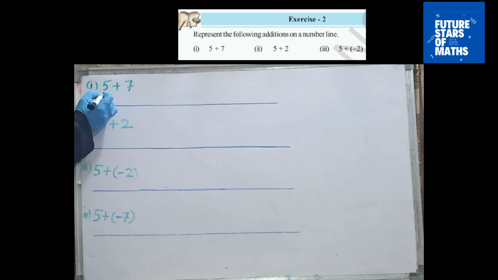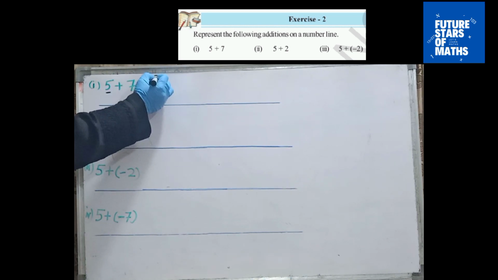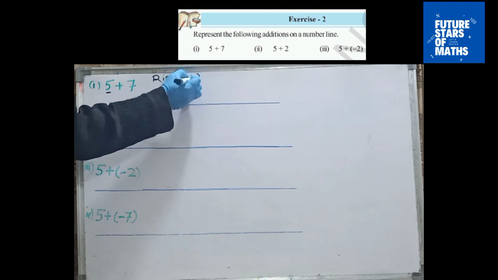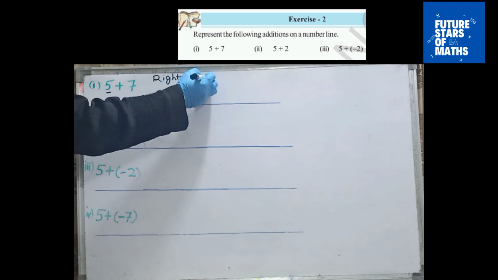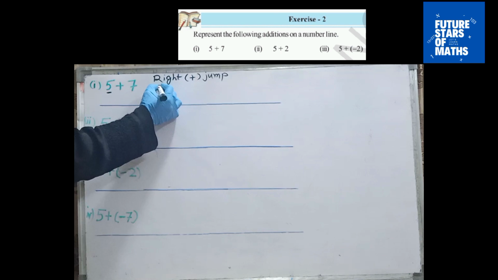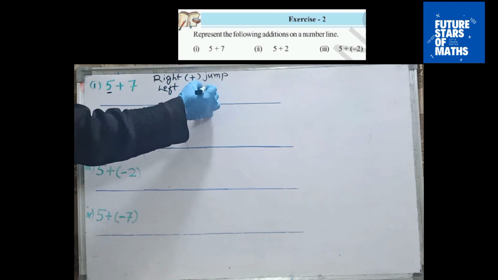So here the first number is what, students? It is 5. And what we have to do? We have to add 7. So one thing you have to remember, whenever we are adding, we have to move towards the right side. When there is a plus, we will move on the right side, that is, we jump on the right side. Then if we have to subtract, we will move on the left side. When we are subtracting, we will jump